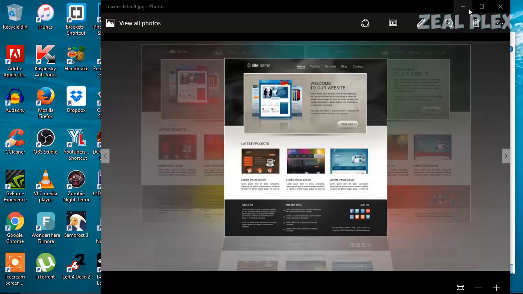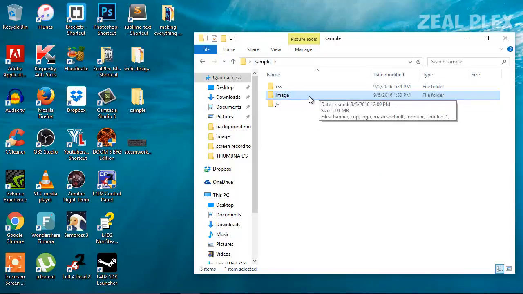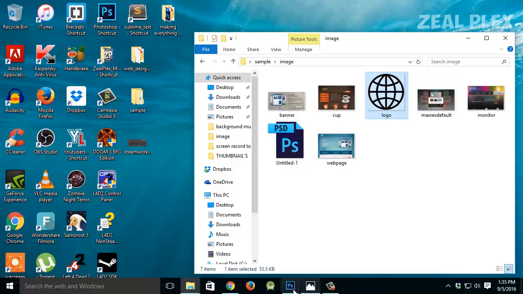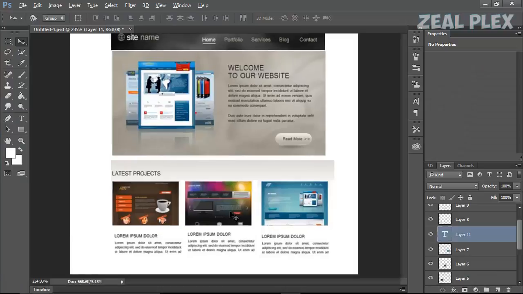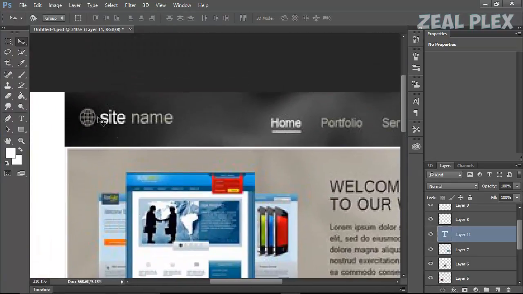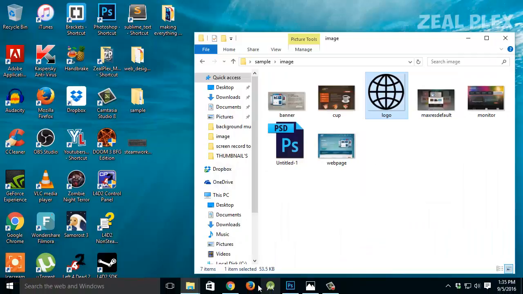the template we are going to make, so I have selected this image as the banner and this image, cropped it and saved it in our folder which is created as sample images. I opened it in Photoshop, and here I see there is a logo which looks somewhat like a world. So I'm going to minimize Photoshop and go to Chrome,